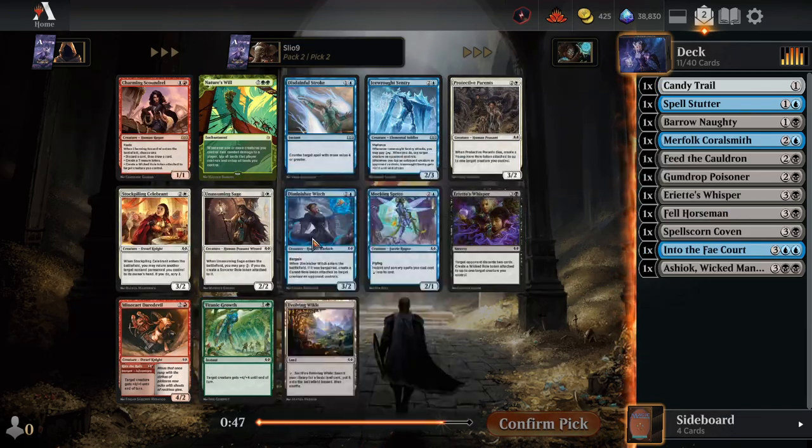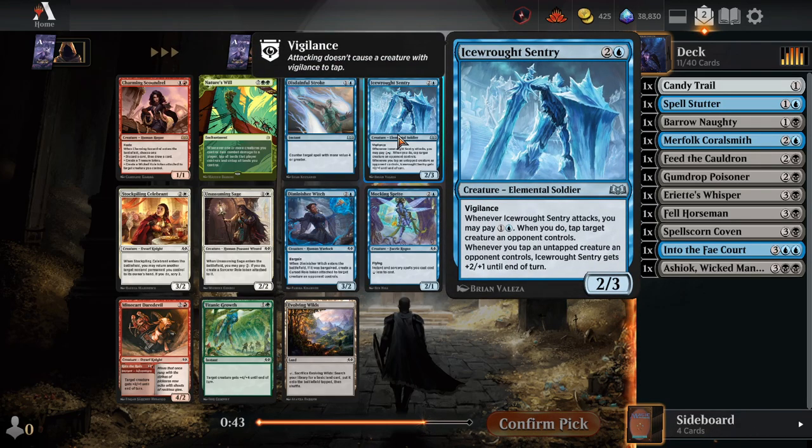Whisper, Nature's Will... Ice Rot Sentry...